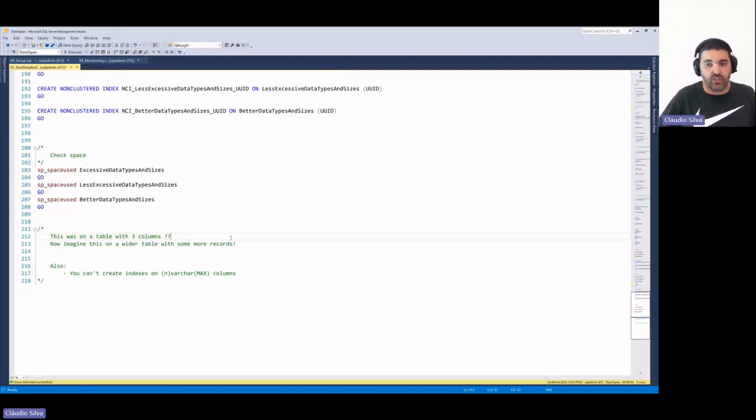As I said, this is just for a table with 3 columns. Imagine wider tables or a much bigger number of records. And also a very important thing, if you have Unicode or non-Unicode max columns, you cannot index those columns. So whenever people say, oh, but I don't see any difference, why not have every single column as a varchar max or an nvarchar max? And you can do that by default. If you don't have the data type, you cannot infer.